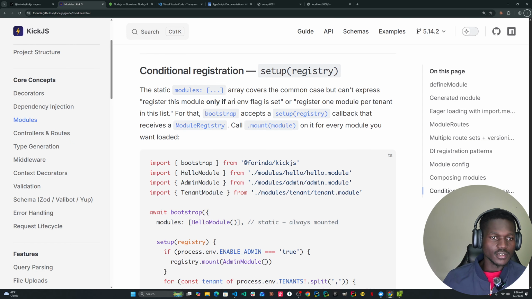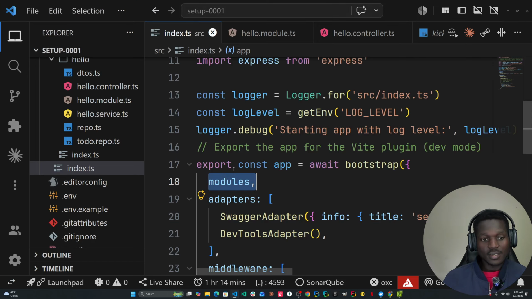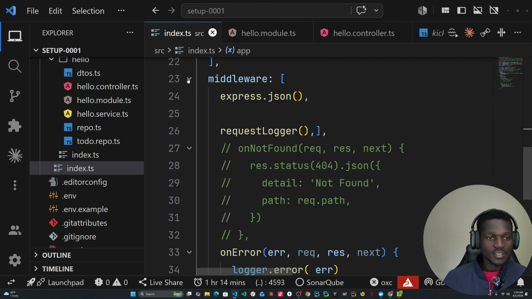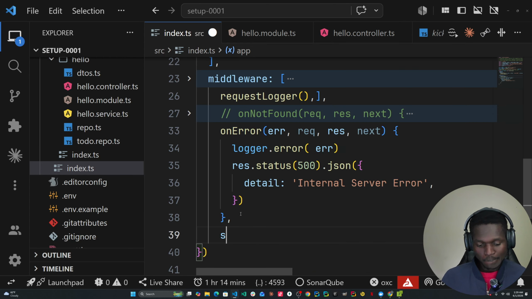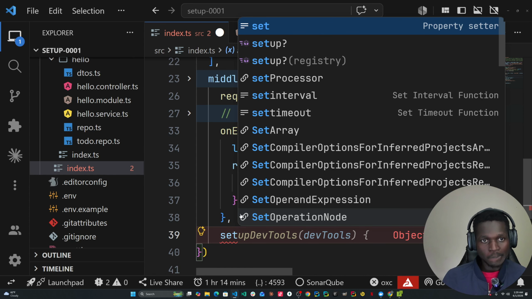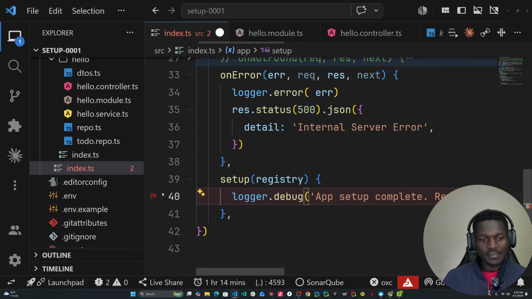Okay, conditional registrations. Do we have this? Okay, so this is now more of setup. There are more interfaces for the setup. So when the app is setting up, you can also